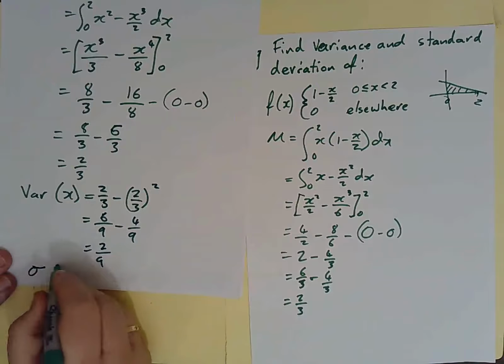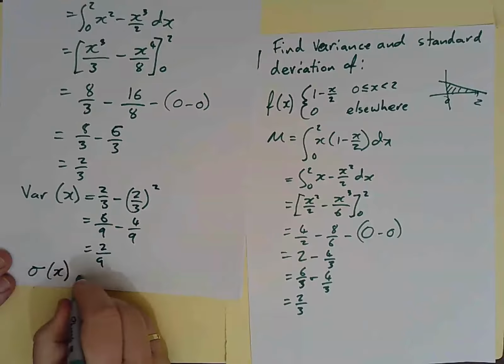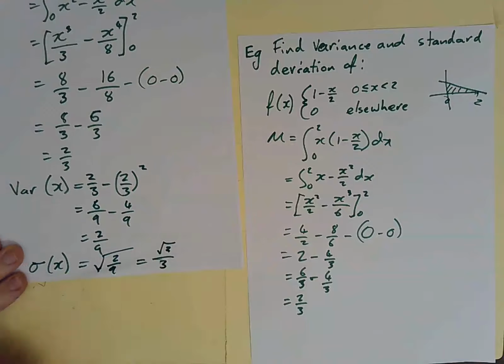And our standard deviation is going to be the square root of that. If you really want, you can write that square root of 2 over square root of 9, which is